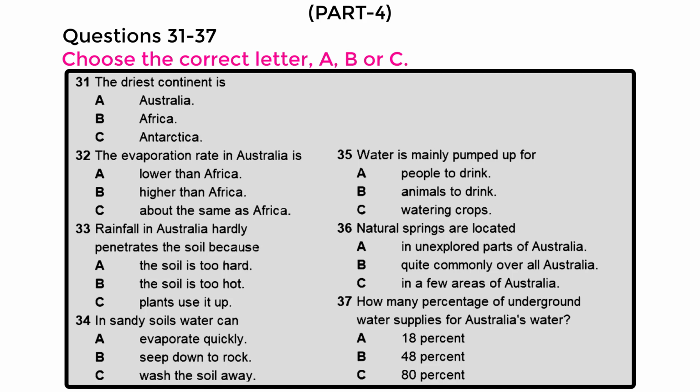In many parts of Australia, standing water, that is, dams, puddles and so forth, dry up rapidly, and some rainfall barely penetrates the soil. The reason for this is that the moisture is absorbed by thirsty plants. Some parts of Australia are dry because rainwater seeps quickly through sandy soils and into the rock below. In parts of Australia, this water, which seeps through the sandy soil, collects underground to form underground lakes. Water from these subterranean lakes can be pumped to the surface and tapped, and so used for various purposes above